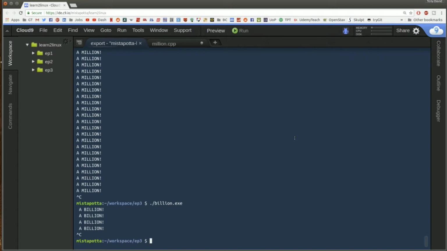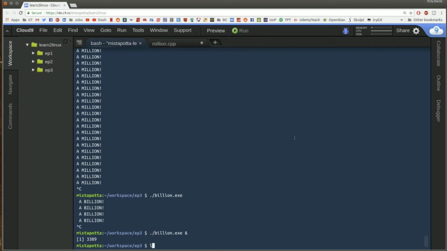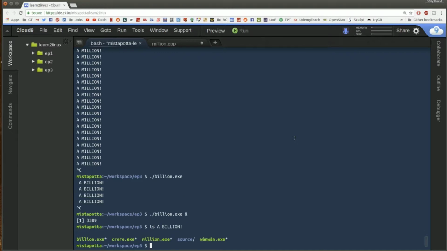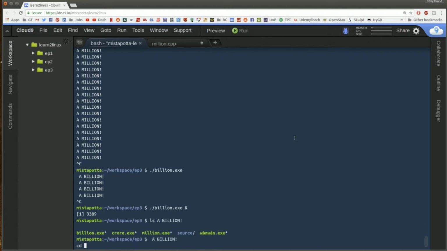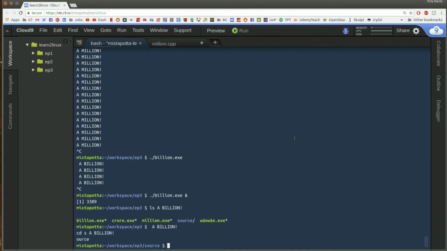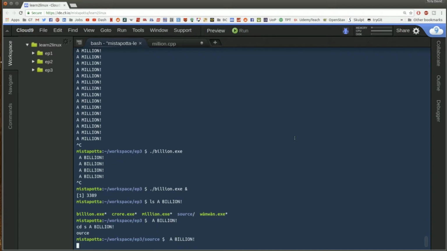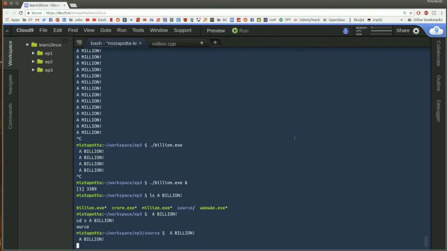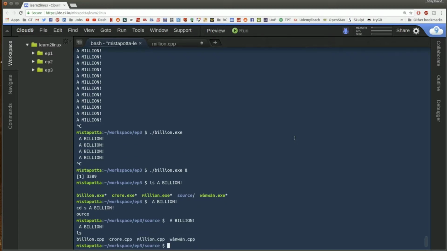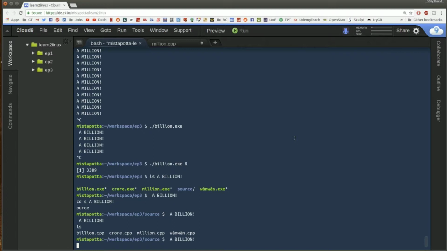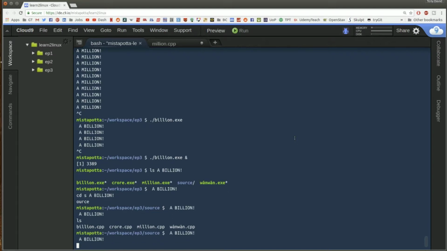I can run billion in the background, and I can run an ls command. I can go into my source directory. I can keep working as if I'm in the Linux shell, because I am. This program is just running in the background. So now if I do an ls, I'll see the source files for all the files we're going to be using today. And I can cat